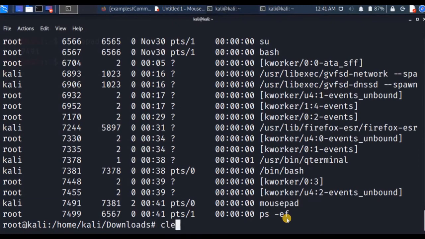So when you run ps -ef, the e selects all processes and the f displays a full format listing. We need to find our mousepad application. That massive list is definitely not easy to read, but since we know the application name we are looking for, we can replace the